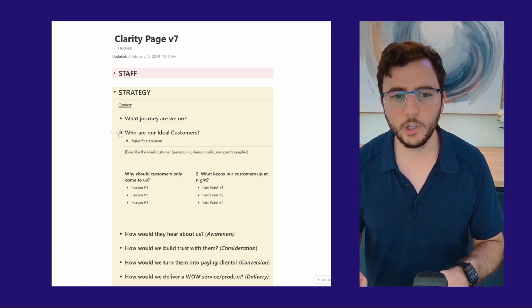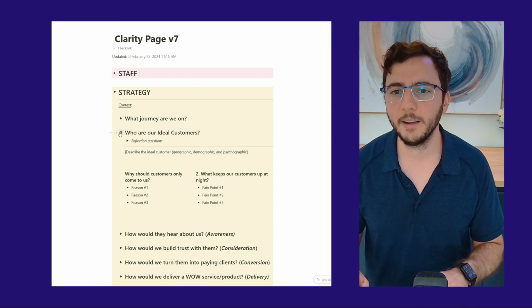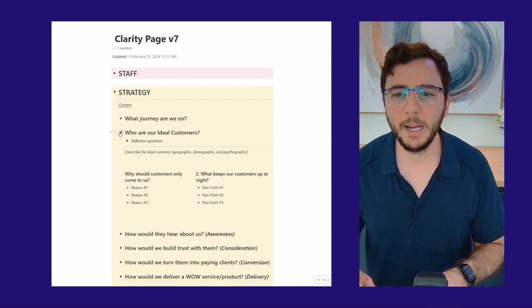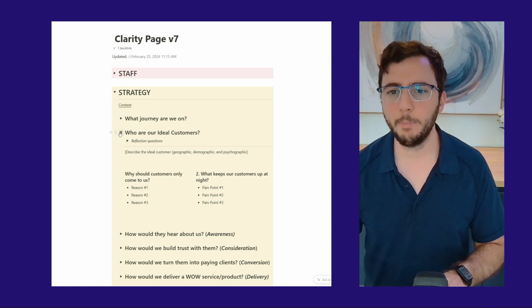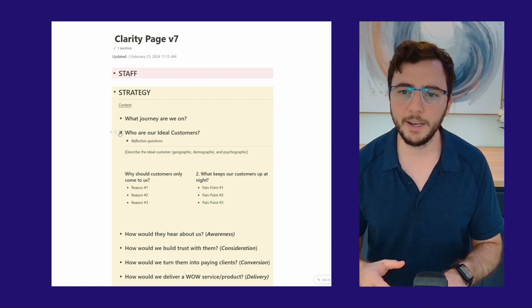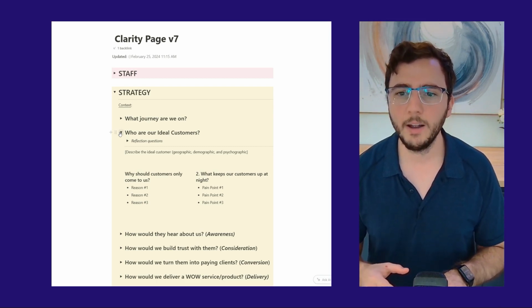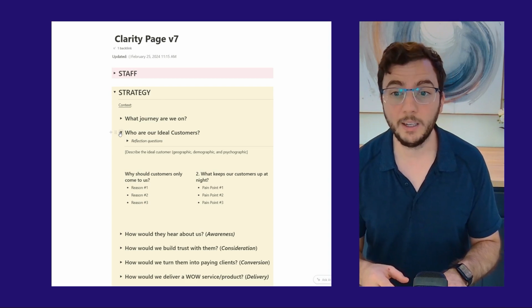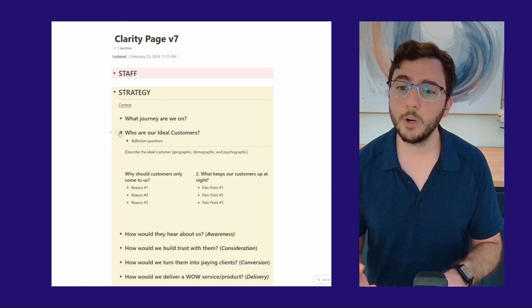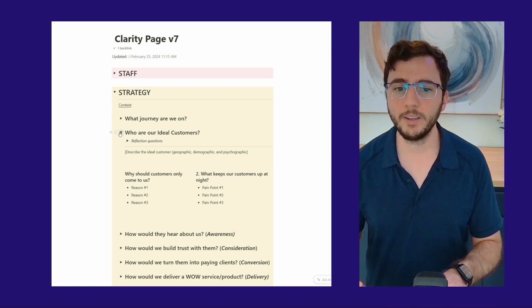And the last question is, what keeps them up at night, which people sometimes skip. What is the real pain point that we're trying to solve for? Customers have many, many pain points, and we're not going to solve all of them. Best in class companies find a unique pain point and solve it in a unique way. That's how they become best in class. So it's important to pause and articulate what that looks like.